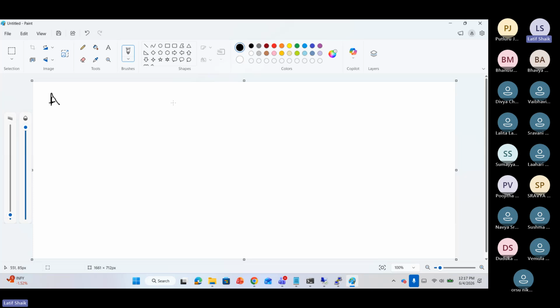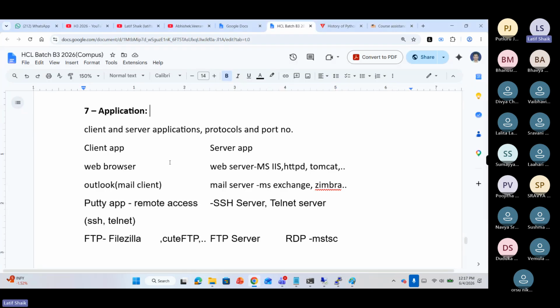We already discussed protocols separately, so I'm not going to specify the protocols here. Like when you are accessing a website, we use a web browser and the HTTP or HTTPS protocol. You're sending and receiving mail, you use the Outlook application for sending and receiving mails, and the protocols are SMTP, IMAP,